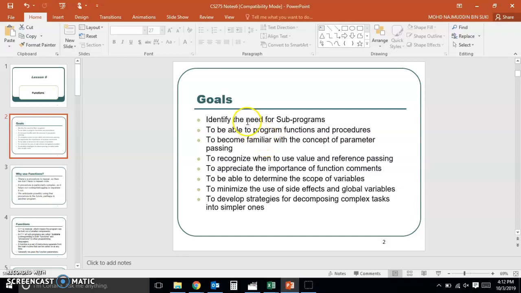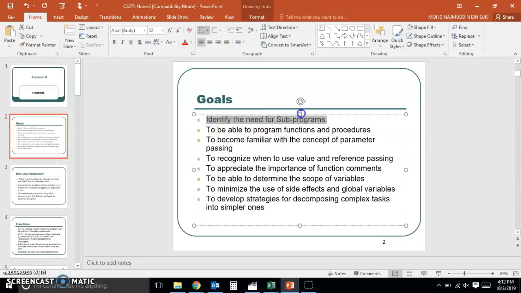So the goals here are first to identify the need for subprograms. Why do we have that? Why is it necessary to have subprograms, right? To be able to program functions and procedures. So we look at functions today, right? To become familiar with the concept of parameter passing. So what happens is that once you have a function,